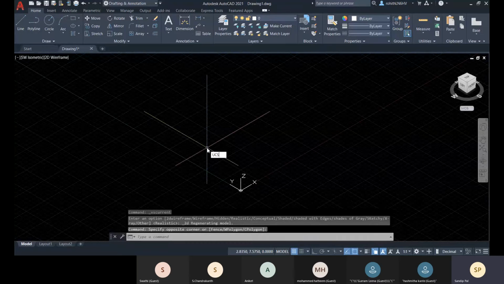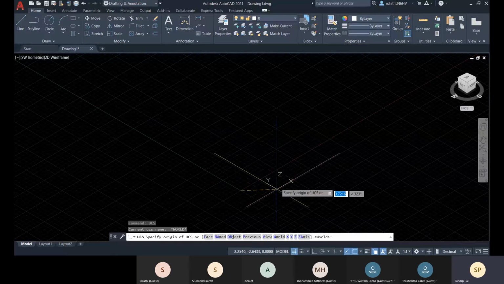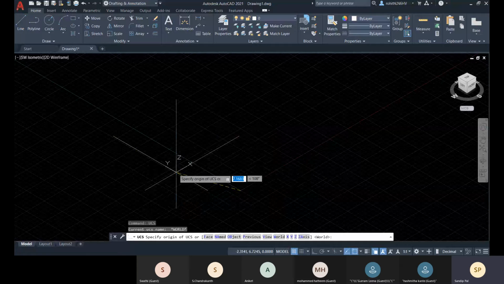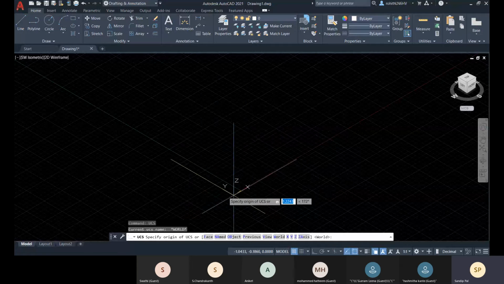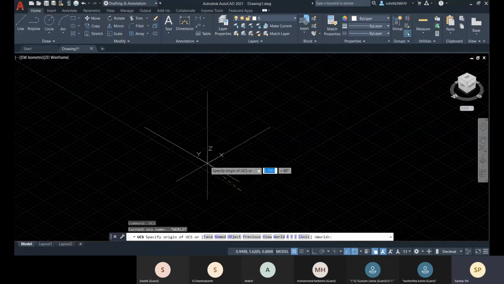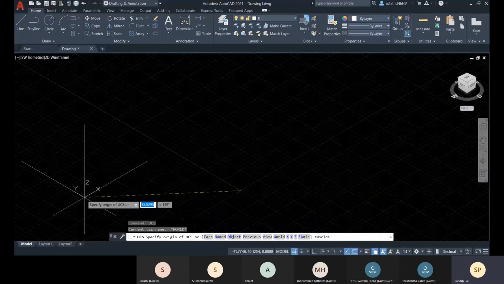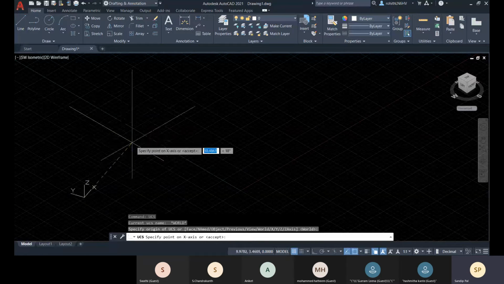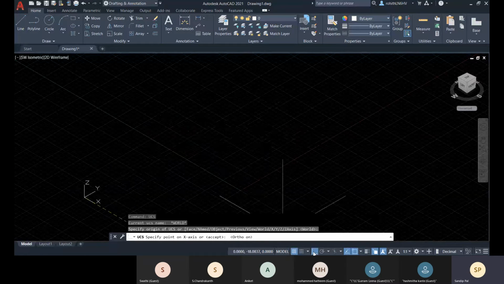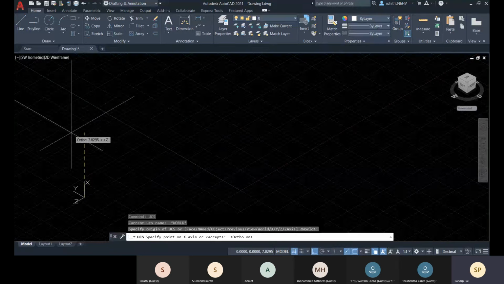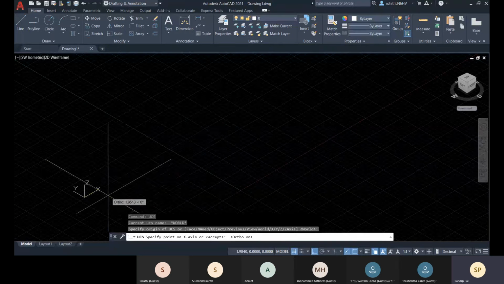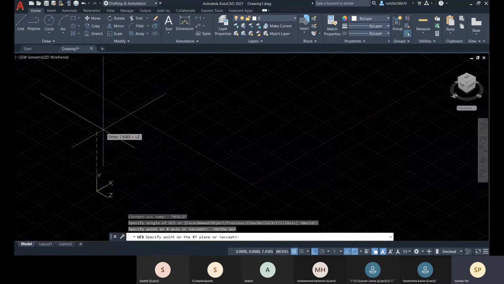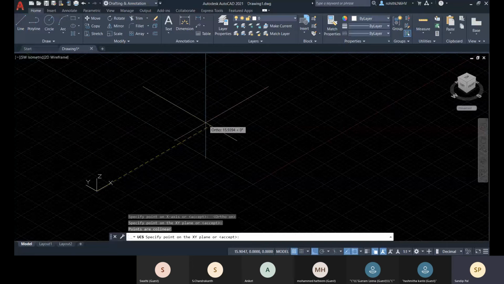I'm not able to, let me just check. Yes, okay. So I'm going with this UCS command, and I'll be changing the position of origin. Let me place it over there, and let me change the X direction, or even if I keep the X direction as it is, you will find that the alignment is not available anymore.